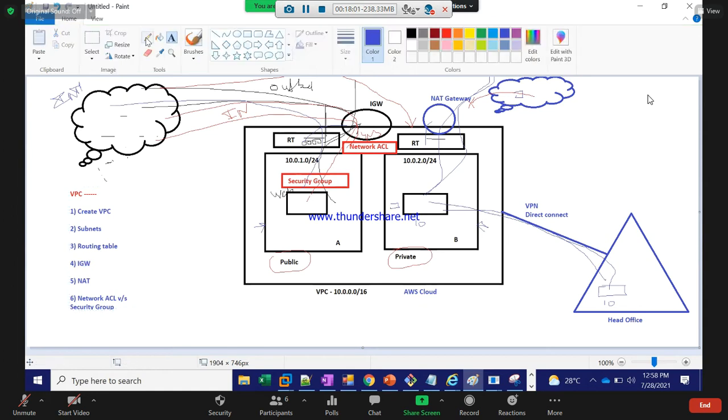We created this EC2 instance in the public subnet, and we were able to RDP to it. We also tested that the private subnet doesn't have a public IP address, so you cannot access it directly. But once you RDP to this public server, from this server to the other server you can do the RDP. We tested that, and we tested the IGW.